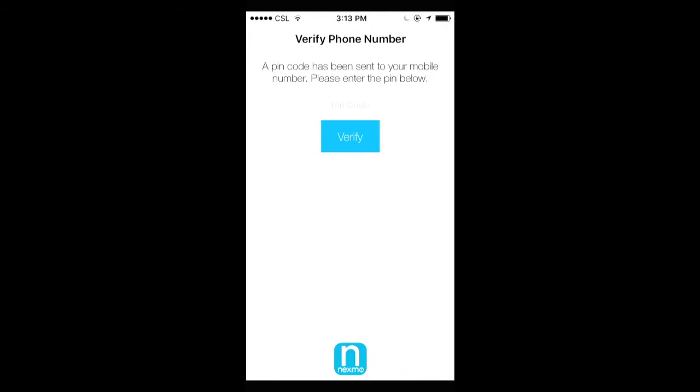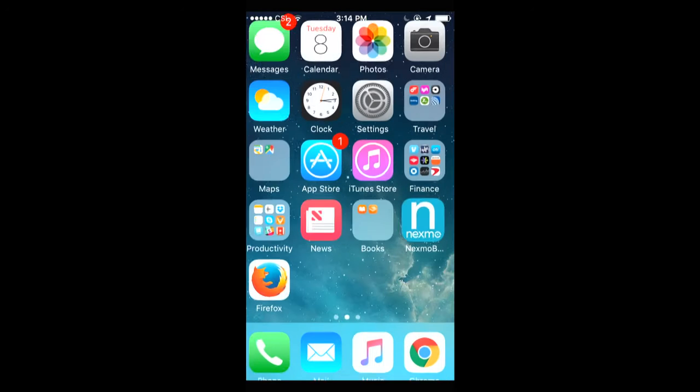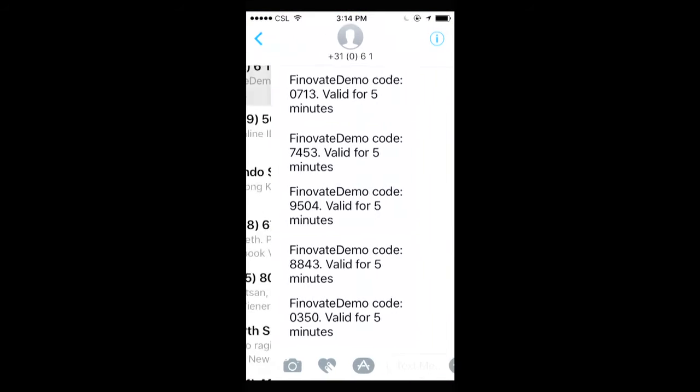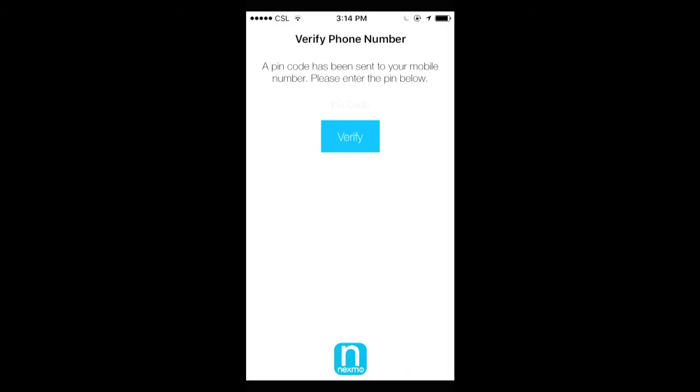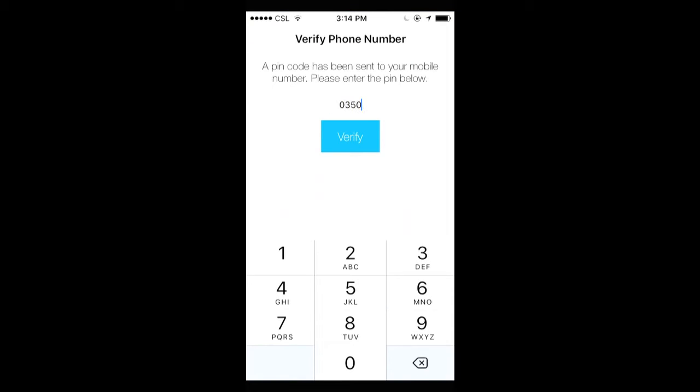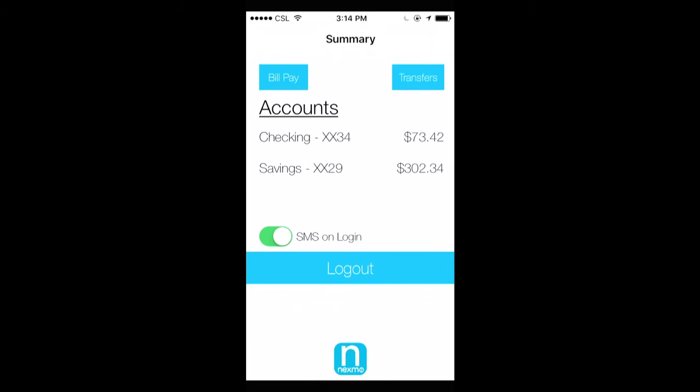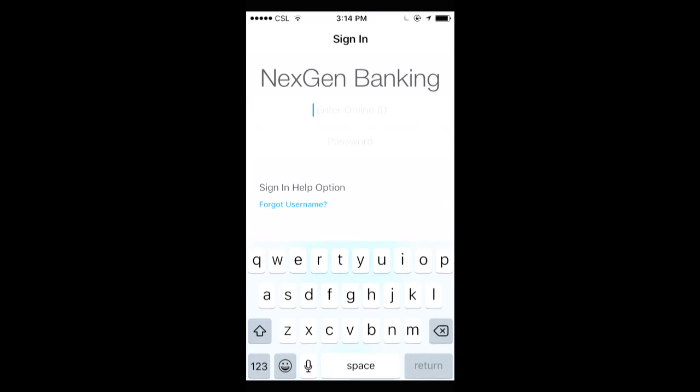So I went through the same steps to log back in, and I should receive the code shortly on this form. And if I can just go check it here, it's 0350. Okay, so I entered the code in. And next time, I don't want an SMS on every login, so I'm going to turn off the SMS notification. And this time, when I log in,